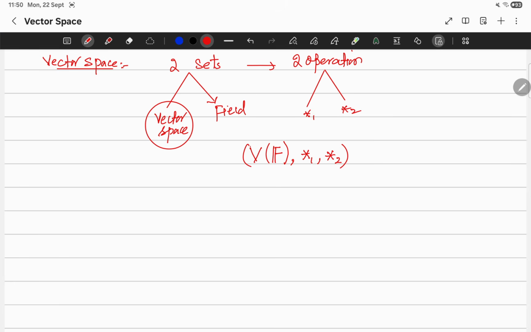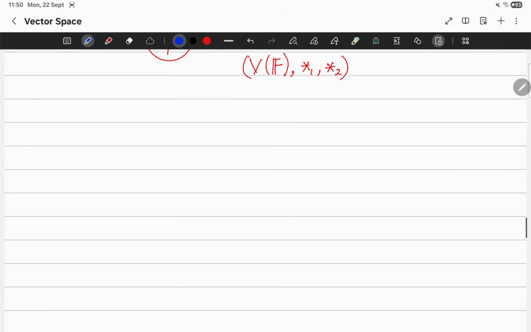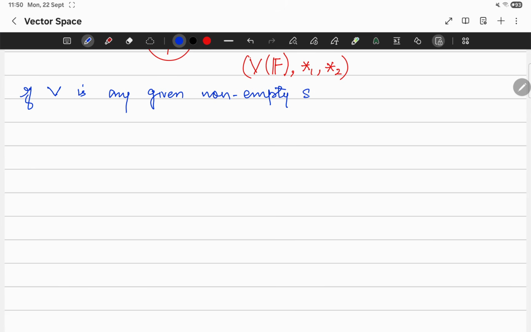V is any set, ये कोई given set रहता है, F फील्ड होता है और यहाँ से star1 एक ऑपरेशन रहती है, star2 another operation रहती है. ठीक है, तो हम वेक्टर स्पेस कैसे डिफाइन करते हैं, हम कहते हैं कि if V is any given non-empty set, ये आपको given रहेगा. ठीक है, कोई आपको सेट देगा V, आपको चेक करना है कि क्या ये V वेक्टर स्पेस है कि नहीं,